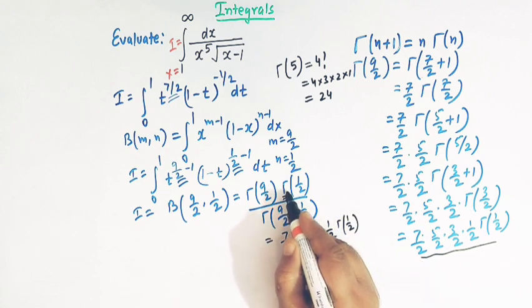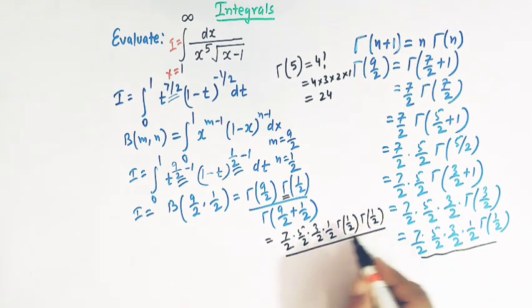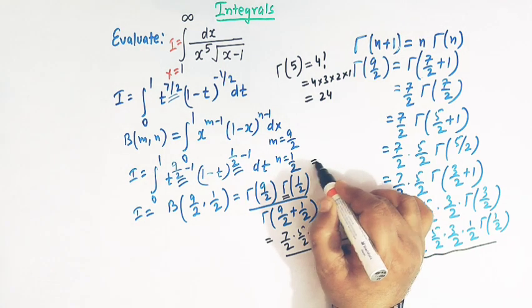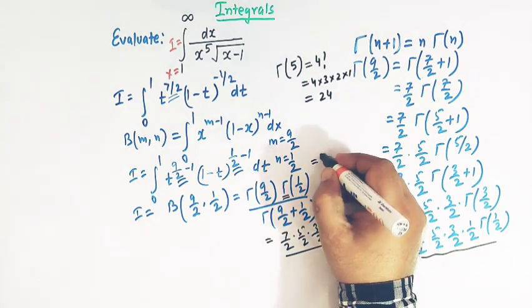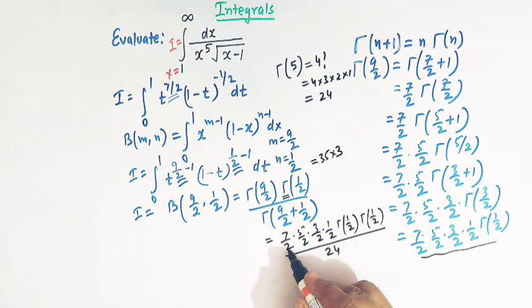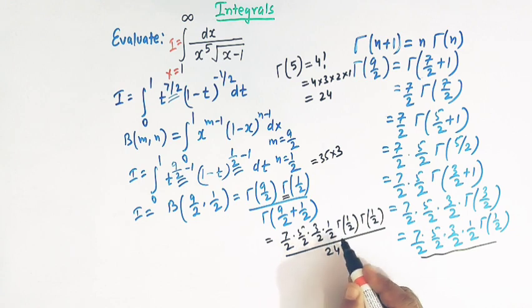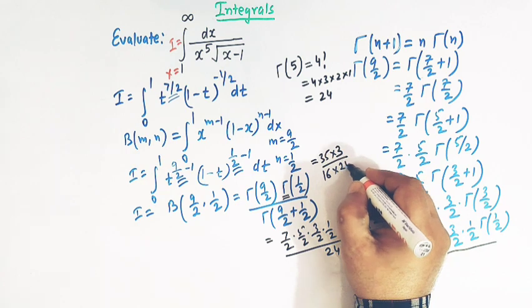And here also we have gamma of half, right? And in the denominator we have 24. So now see, this is 7 5s are 35, 35 times 3, then here we have 2 to the 4, that is 16. So we have 16 times 24,